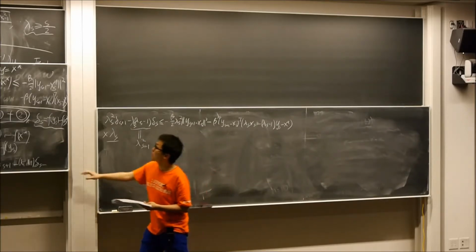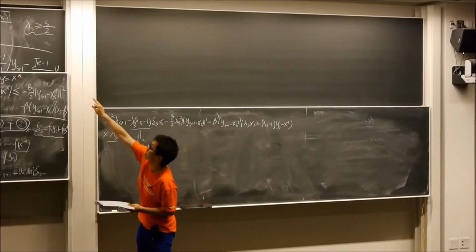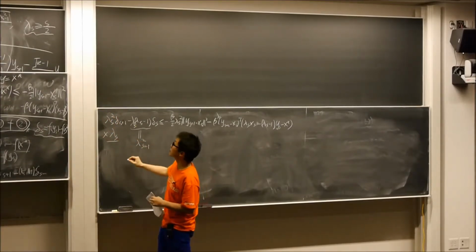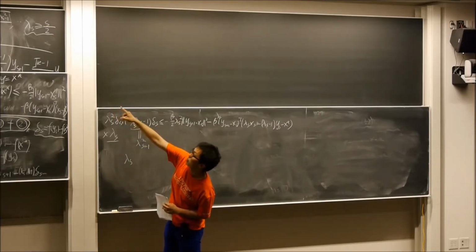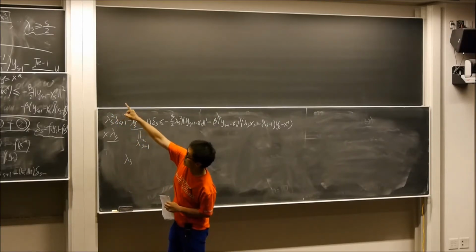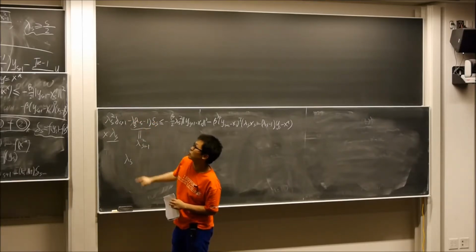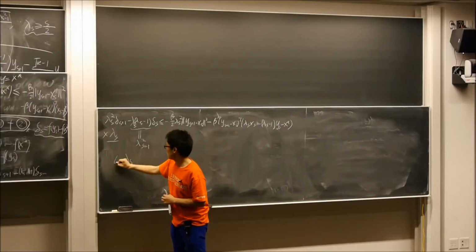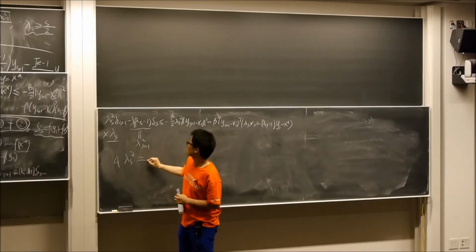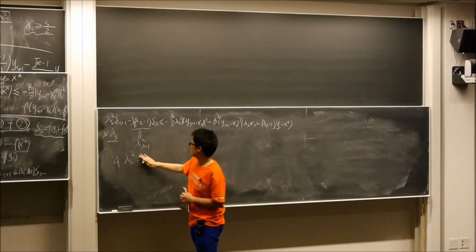So to see this, let's see how lambda is defined. We have lambda s equals to 1 plus square root 1 plus 4 lambda s minus 1 square over 2. And we can do this calculation,